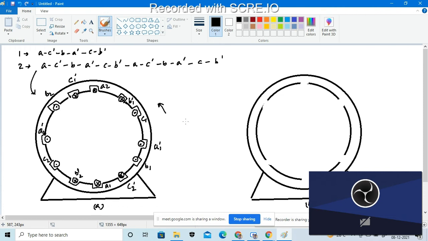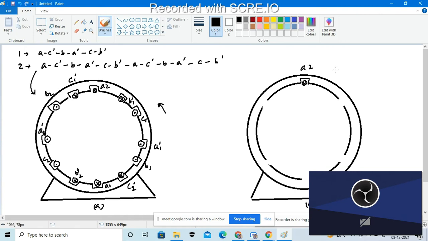So for that case, we will consider the four pole machine. So there must be two north poles and two south poles. If I redraw these things, the same thing we are applying over here also. So this will be cross, which will be my A2.